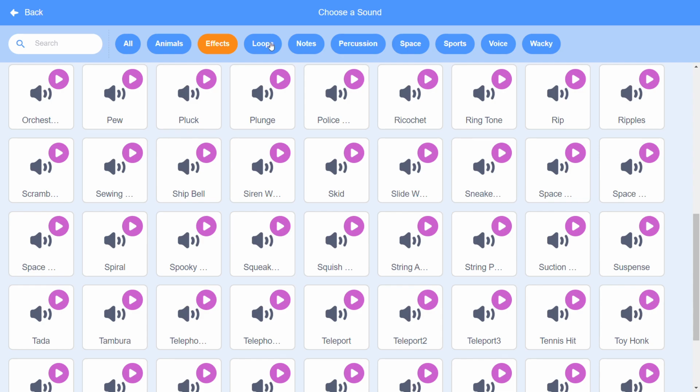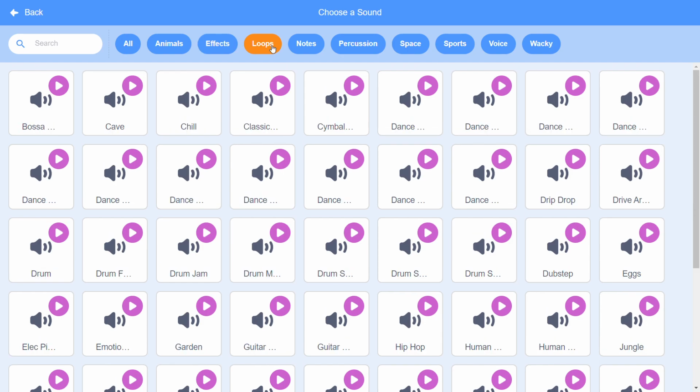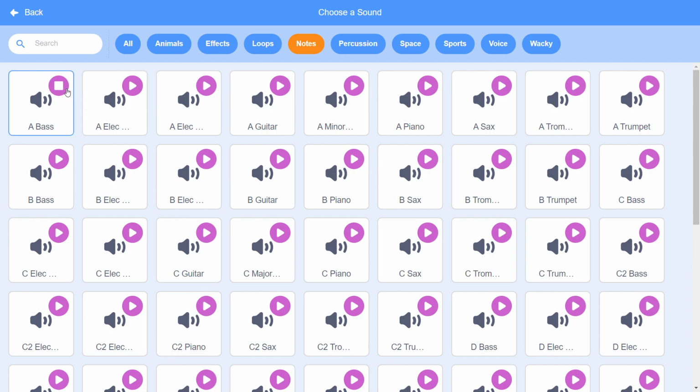This is loops. Loops is what we're looking for. They're sounds that you can repeat over and over again, like songs. Oh, that's a dancing song. This is cool too. If you want to, you can try all of the songs to see which one you like. Oh, that one's kind of funny. Oh, someone beatboxing. This is the notes. All the different notes of almost all the different instruments. Well, not all of them, but